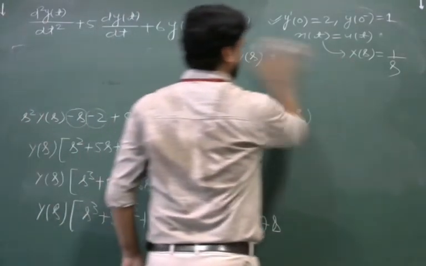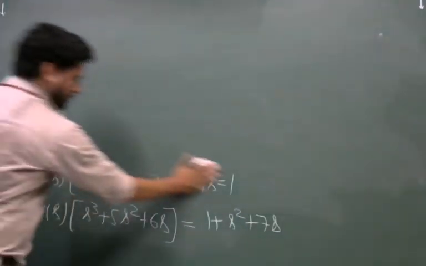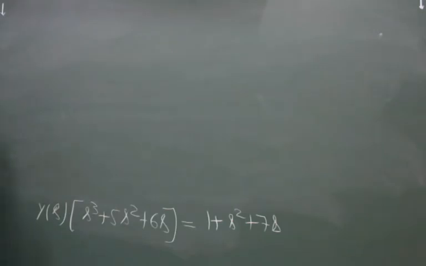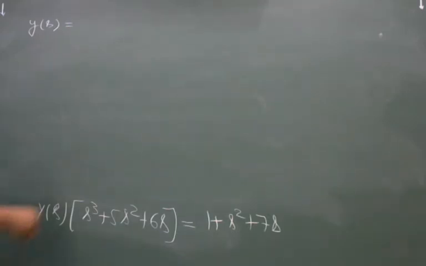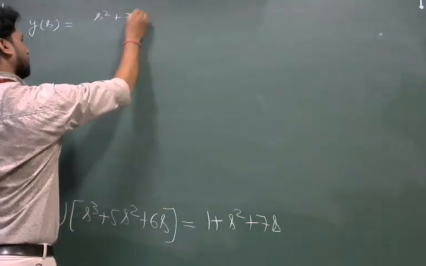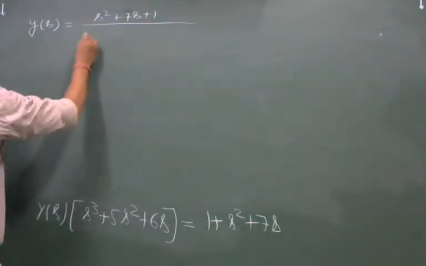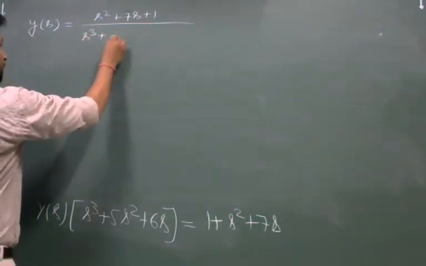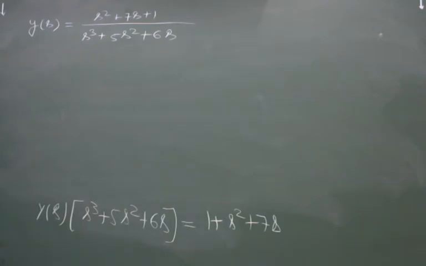From here we can find the value of y of s. y of s is equal to s square plus 7s plus 1 upon s cube plus 5s square plus 6s. This is the output of the system in the s domain,